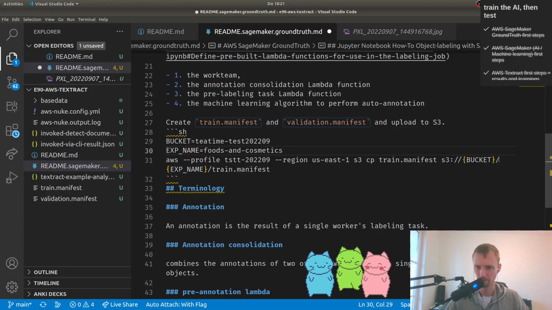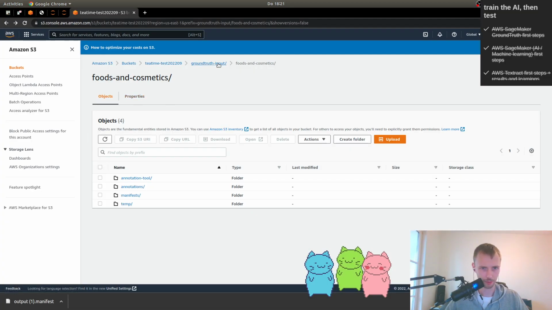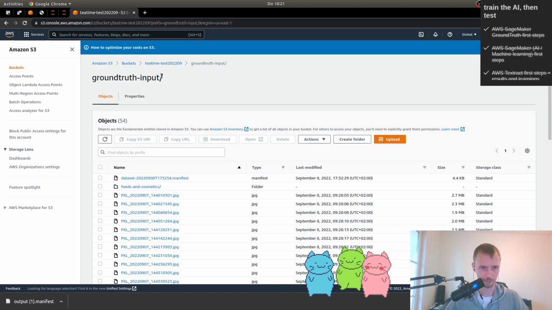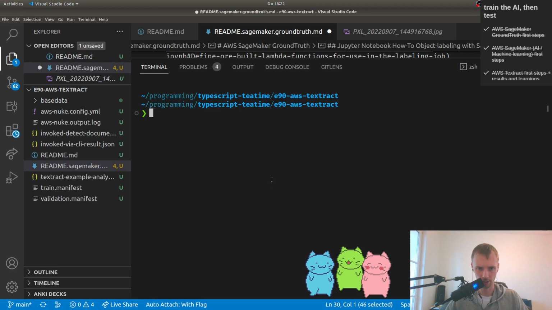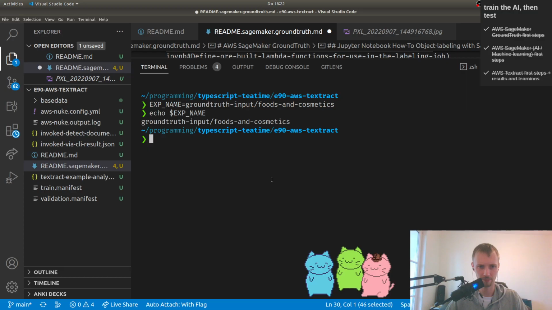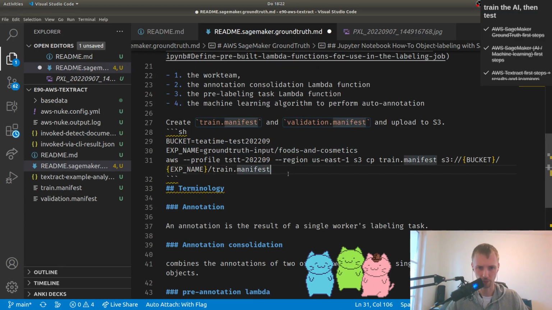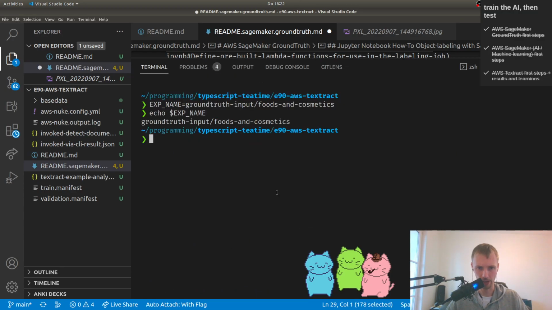However, I mistakenly called this GroundTruth input, but that's actually, I think we need this one. Now the question is, can my shell properly handle the slash exp name? It can. Okay, perfect. So that should upload